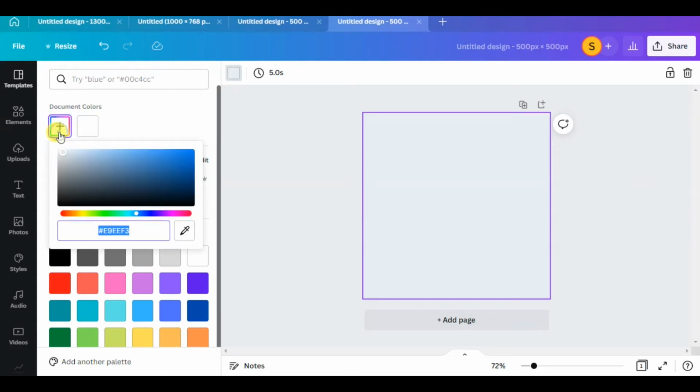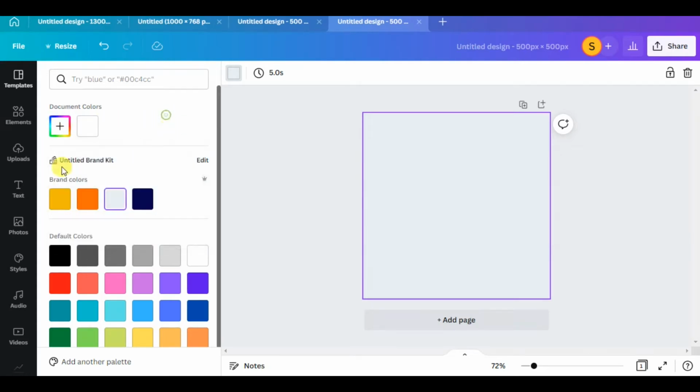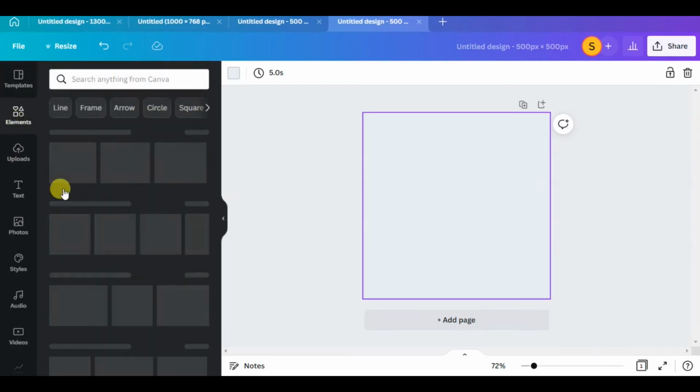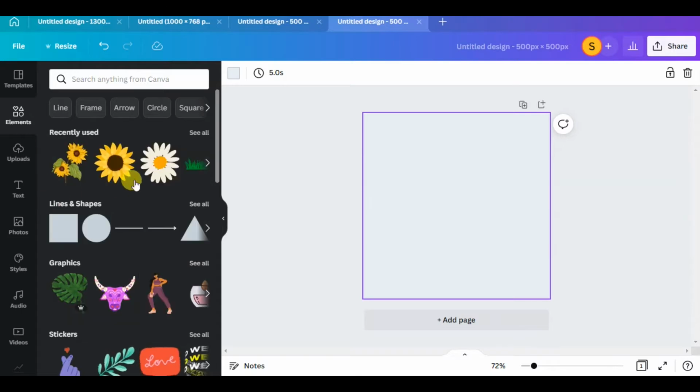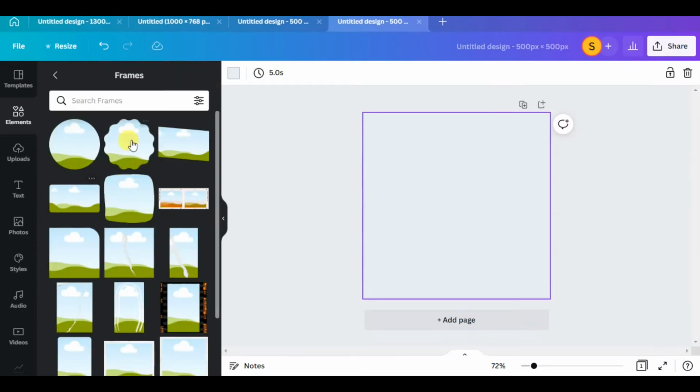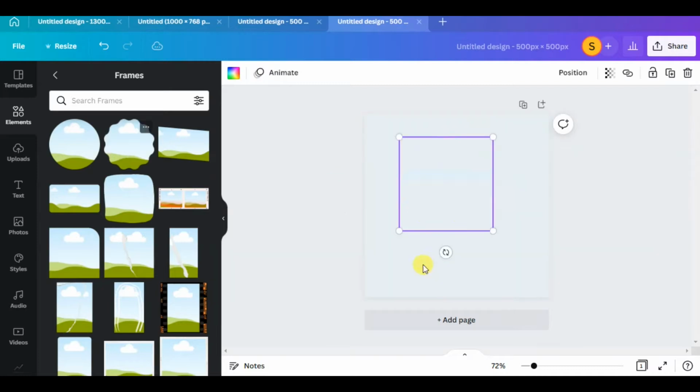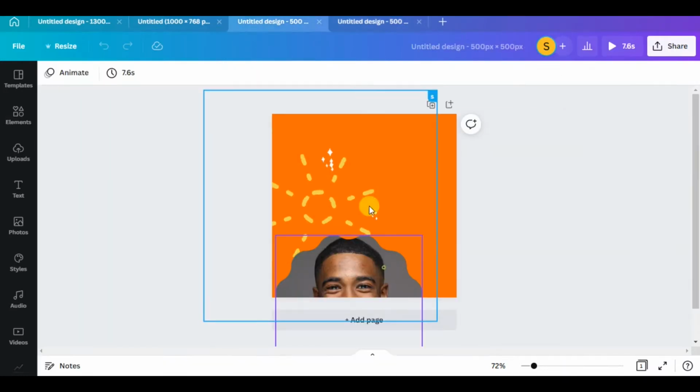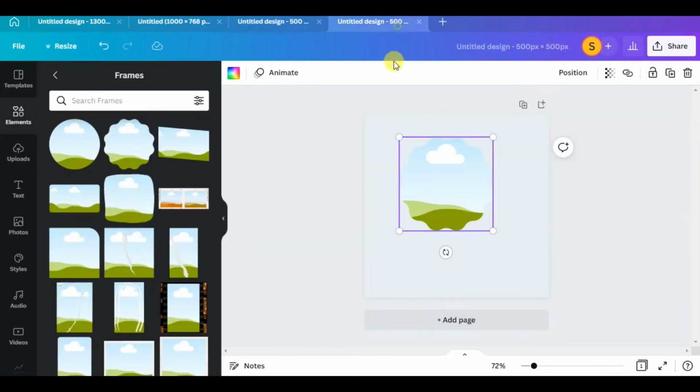So I'm just going to choose this color, this very light color here. Yeah, let me just go with that. Then I'll come to the elements and go for frames right here. Then I'll choose this. This is the one I use.